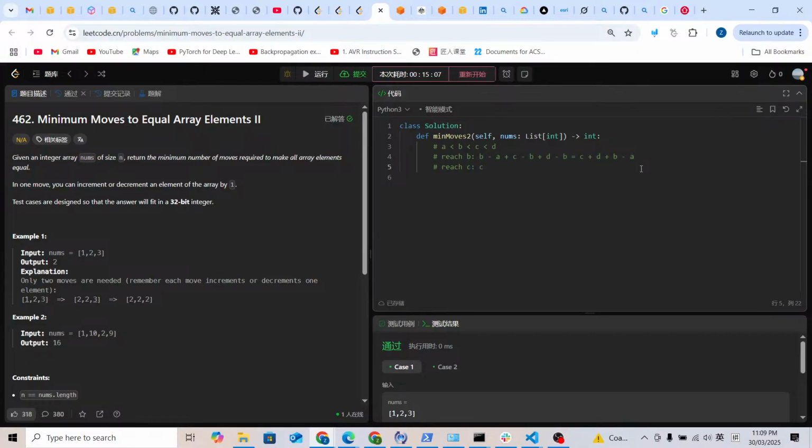It's going to be D minus C plus C minus B plus C minus A. So what's going to be the final result? So this is a D, and this is a C, because we have 2C minus a C, we still have C. So it's going to be C plus D plus